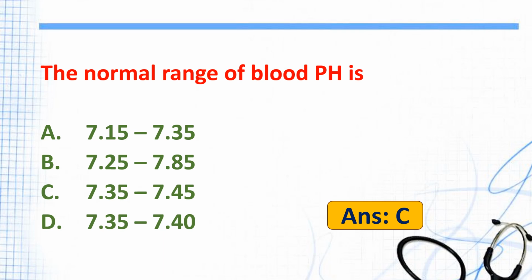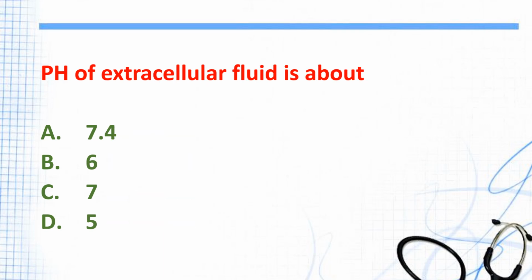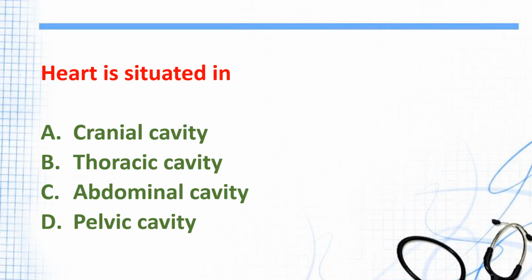7.35 to 7.45. pH of extracellular fluid is about A. 7.4, B. 6, C. 7, D. 5. And the answer is A. 7.4. Heart is situated in A. Cranial cavity, B. Thoracic cavity, C. Abdominal cavity, D. Pelvic cavity. And the answer is